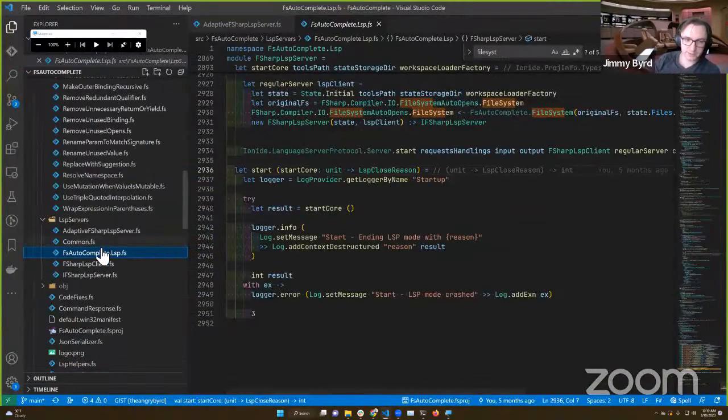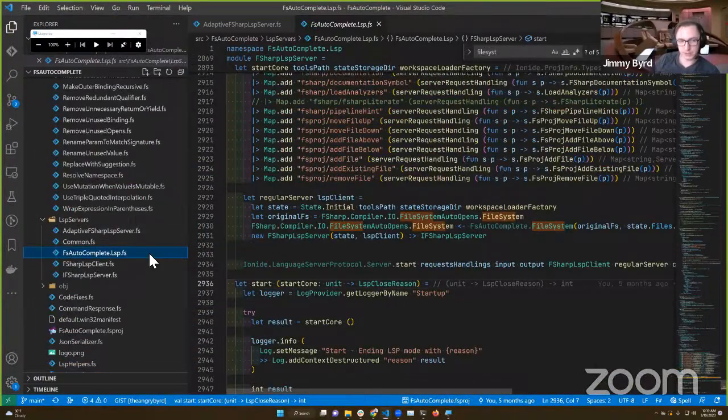One of the things that's slightly different between the original implementation and the adaptive LSP implementation is that the regular LSP implementation just relies on events and deals with the state management, making sure those things work.